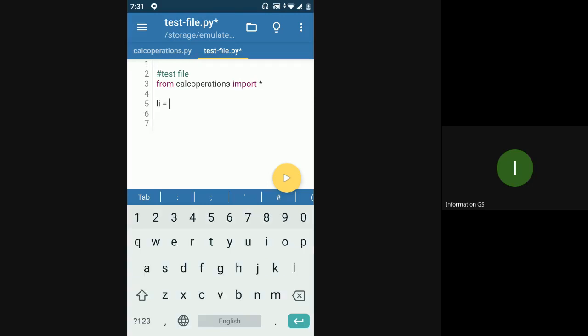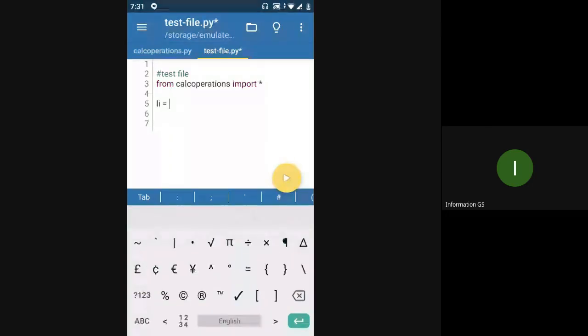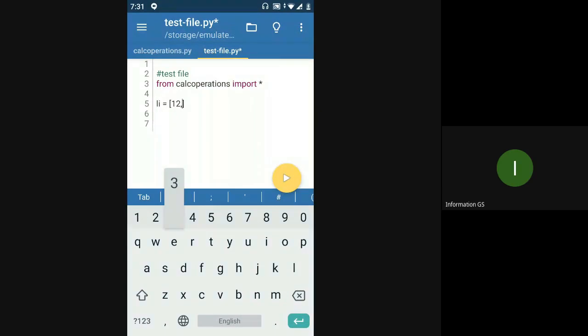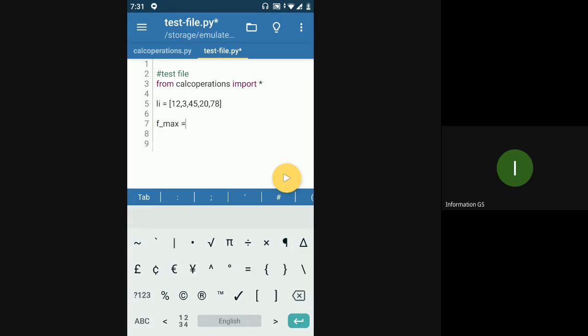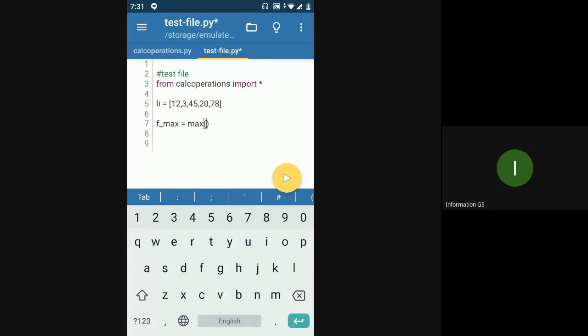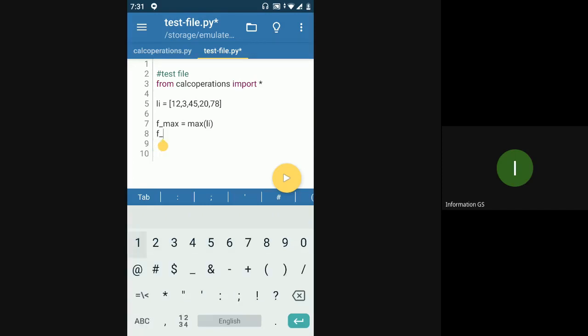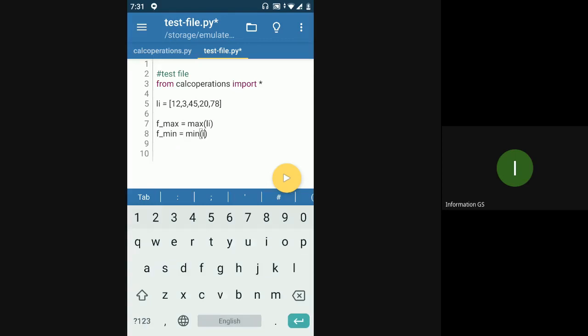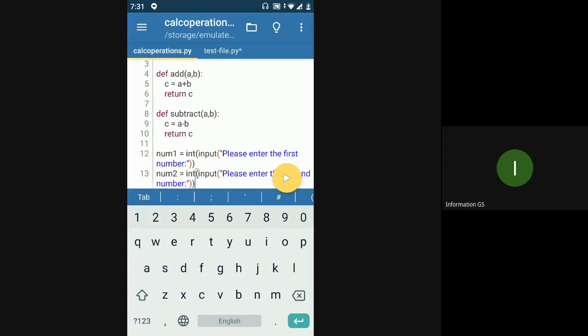I'll just have a list with some numbers, and I want to add the max and the min of the values present in the list.